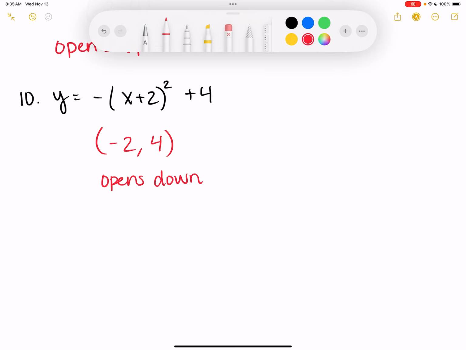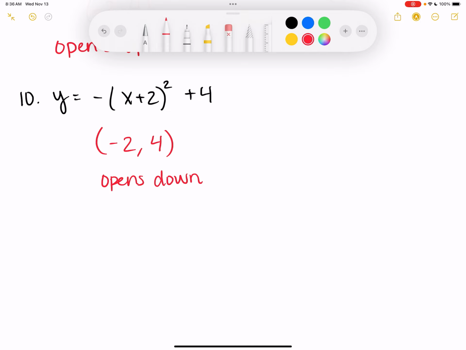So even when we get to the ones that we're actually physically graphing, I like to note from the beginning, even if it's just a mental note, am I going to be opening up or down? Because that can be your clue for whether you graphed it right when it's all said and done. There's a lot of times it's negative and the person recognized that it opened down, but then their graph opens up. So